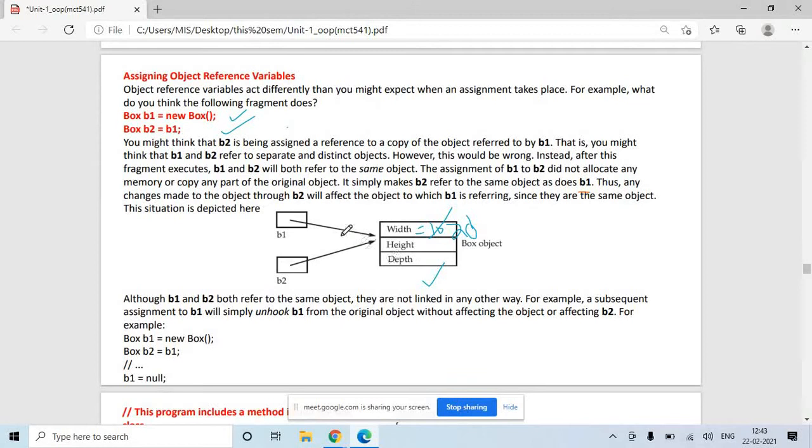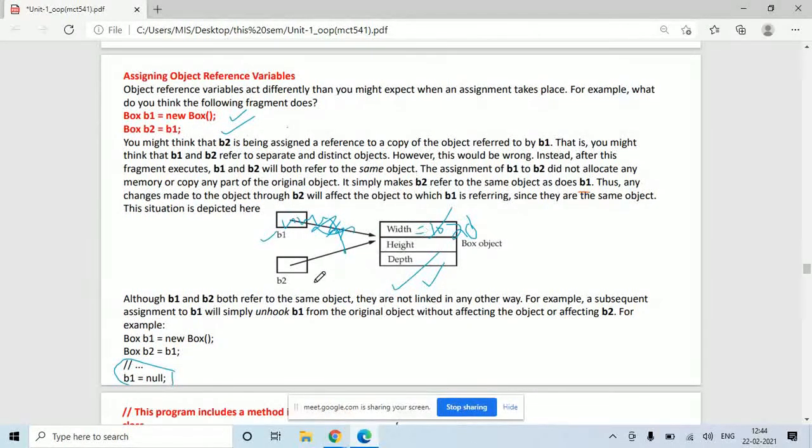So the same object is being referred by two different variables by writing this line. Now if you want to delete the B1 link, you can do so by writing B1 is equal to null. Since B1 is pointing to this memory location, if you say B1 null, B1 is not pointing to anything, so this link will be deleted. So no longer you can refer to this object with the name B1. जब ये लिंक ही नहीं रहेगी तो आप B1 से इसको रेफर नहीं कर पाएंगे.